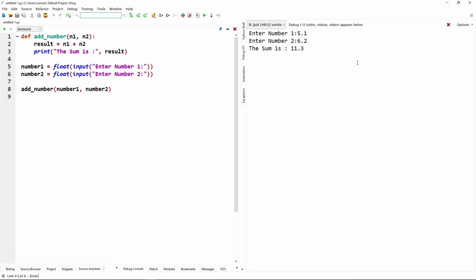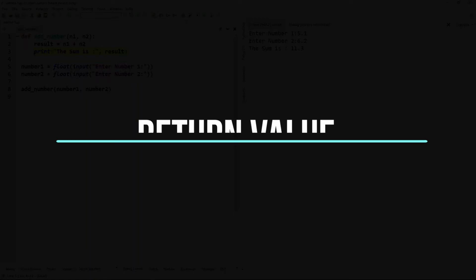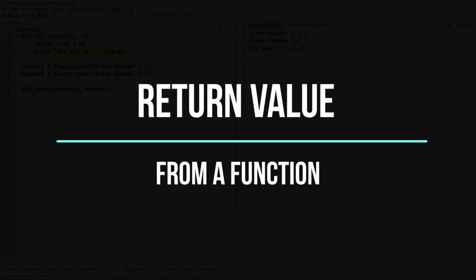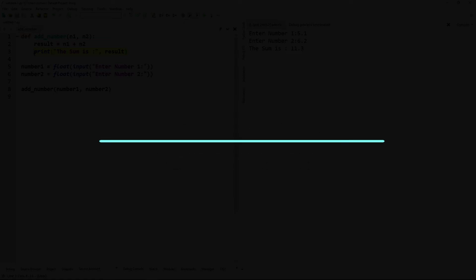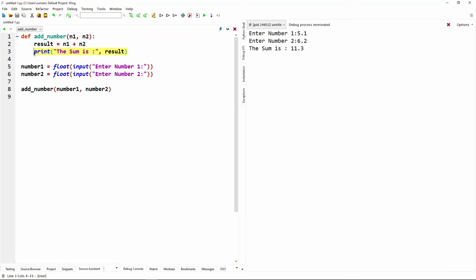Next we are proceeding to the return value from a function. Here we are giving the output using the print function from inside the function, but we can get the output and use it from outside of the function. We can achieve it by using the return statement. Let's change the code now.